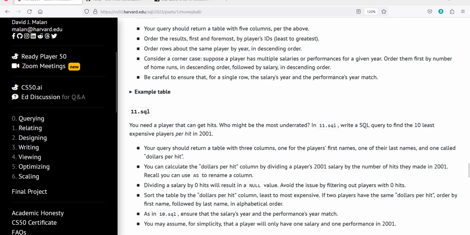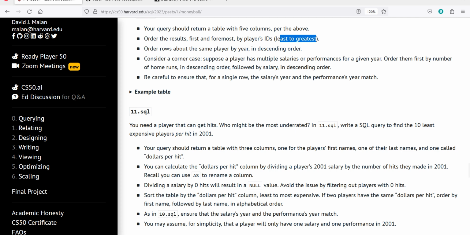Order the results first and foremost by player's ID, least to greatest, which is ascending order. Order rows above the same player by year in descending order. We may have the same player twice, so we are gonna order it in descending order